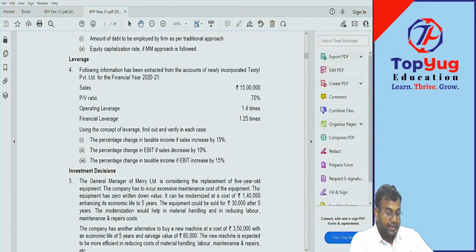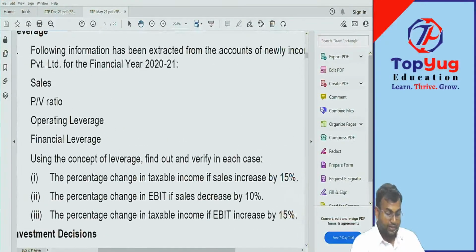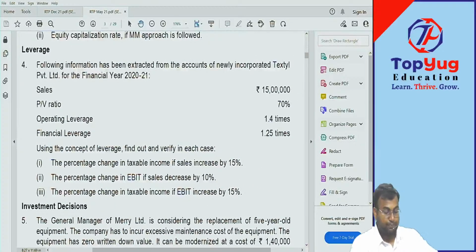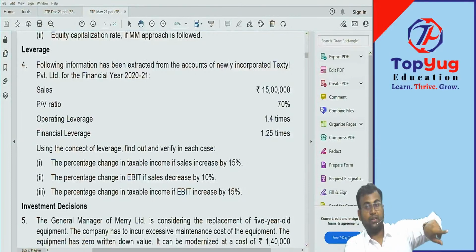Following information has been extracted from the accounts of a newly incorporated textile private limited for the financial year 2021. Can you see this? Yes. So what does he say? Sales is 15 lakhs, PV ratio 70%. That means sales into PV ratio is contribution. Profit by volume ratio. Okay. Operating leverage 1.4 he himself gave you. So you have to do a reverse working to find out fixed cost. If operating leverage DOL is 1.4, it is equal to contribution by